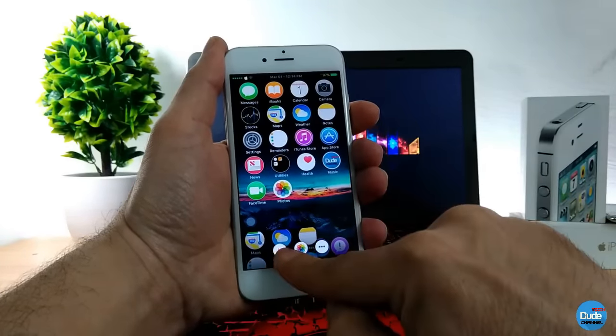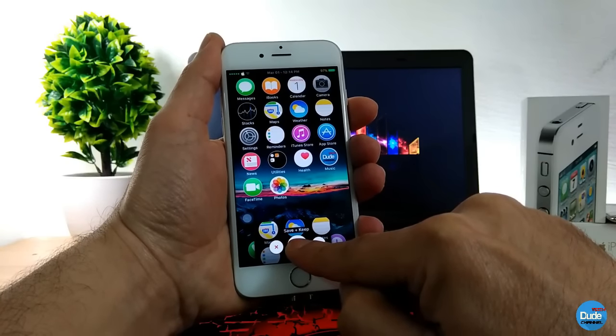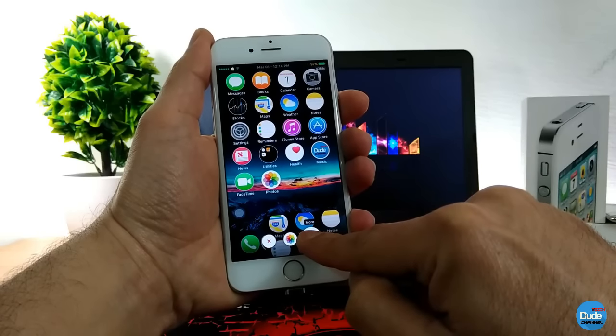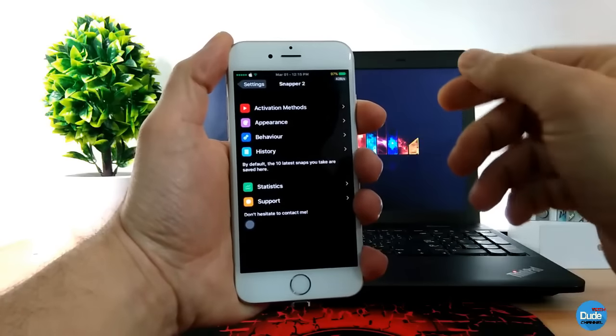So the first option here, you can just delete the picture, or you can just set the picture on your studio, or it's going to be giving you more than one option, which is going to be to share that picture with someone. If we go right now to the settings here,